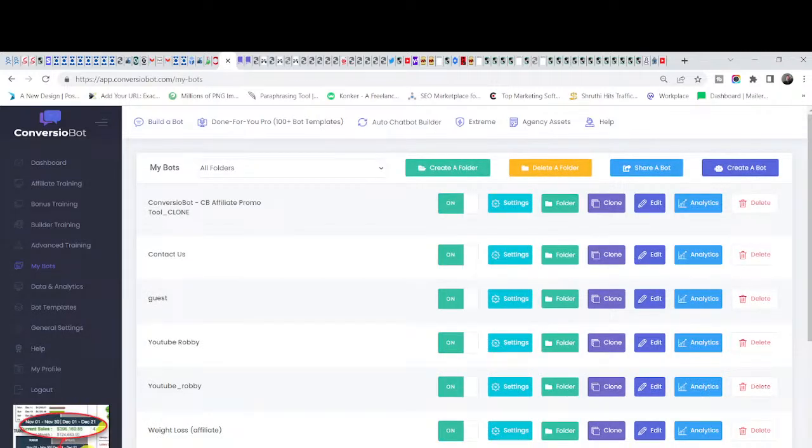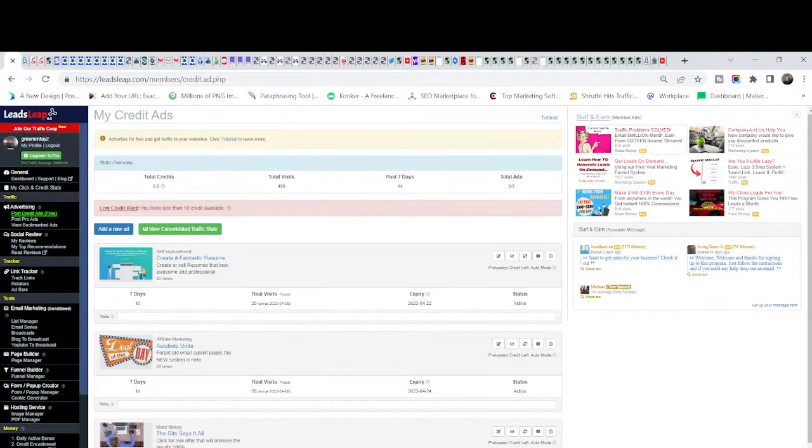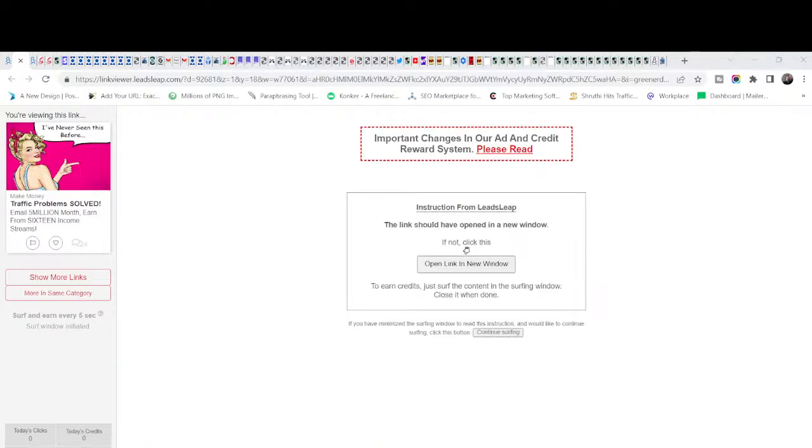And if you have a look, there could be a contact us, which is very important. What's happening with these bots is that they're working as your autoresponder. Instead of having a capture page and having people input information on the capture page, you'll see that a lot of people, when they advertise something, and we'll show you what I mean by that, when people advertise, most of the time, if we can find it,